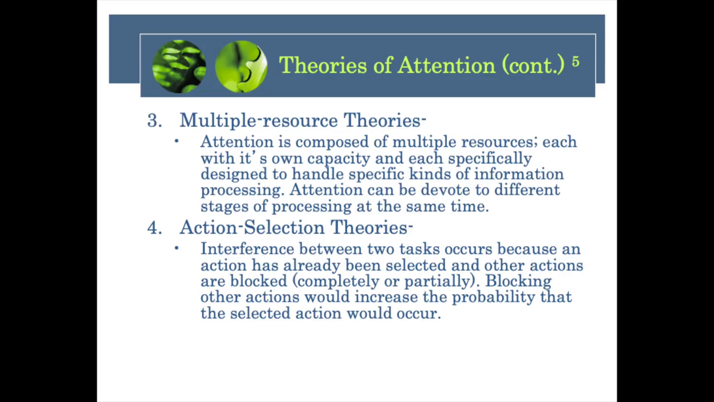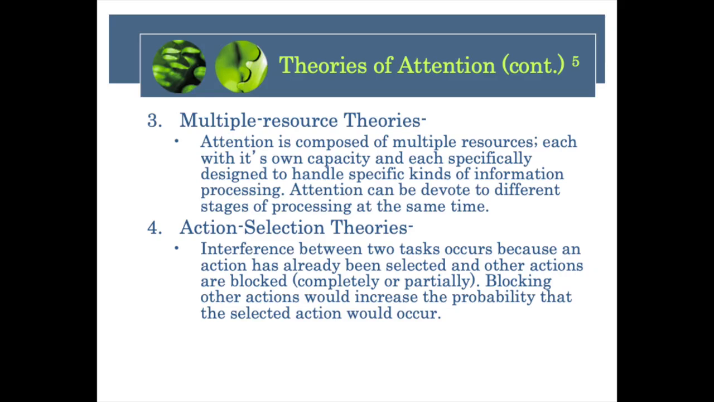Okay, and now we're just going to continue with potential theories of attention. Again, don't spend a huge amount of time on these. I just want you to know that there's a lot of different theories. The multiple resource theories suggest that our attention has multiple different types of resource, and each has its own capacity. So each portion or resource has some point in which you can parallel process and then single process, and then there's the action selection